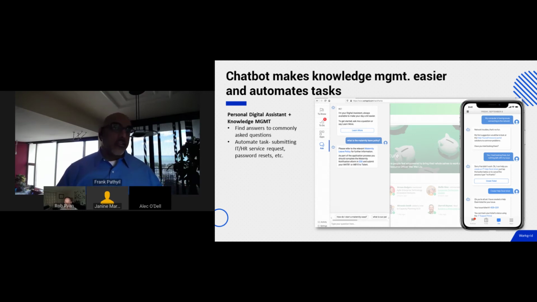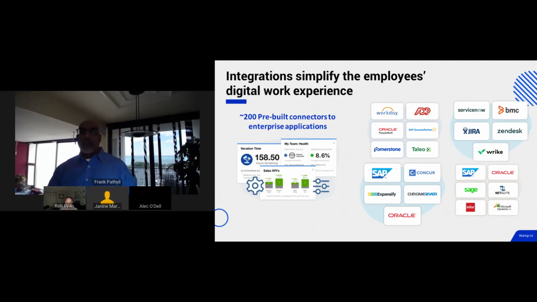So maybe the answer is to open a ticket. Maybe the answer is to go find some unstructured data. But as chat becomes more ubiquitous, this is going to be a bit of a merger. And I think this starts to beg the question of, okay, great. You've updated Remedy. We've updated a couple of things. I feel like this is where we need to go talk to IT a little bit, because